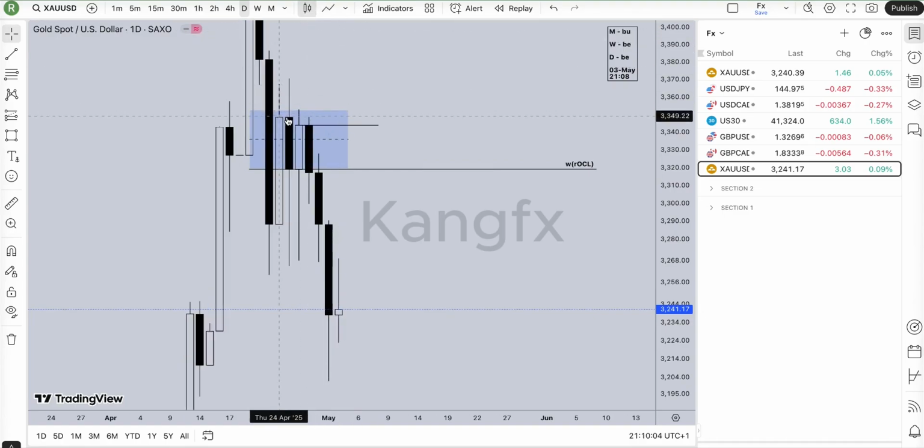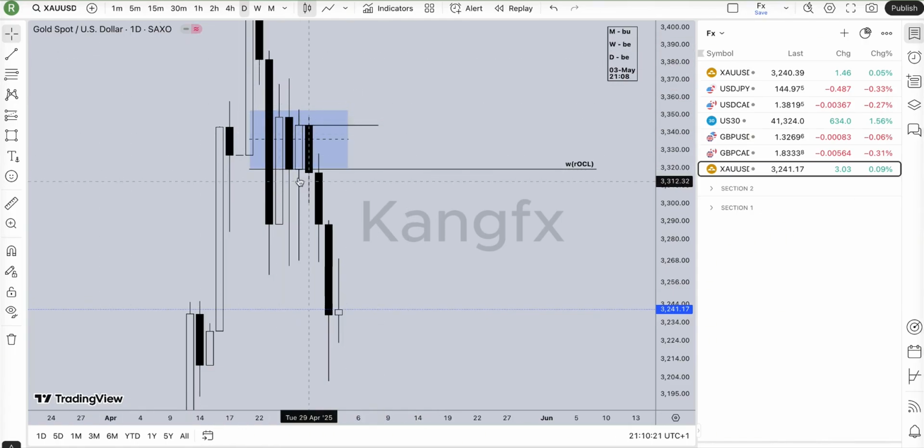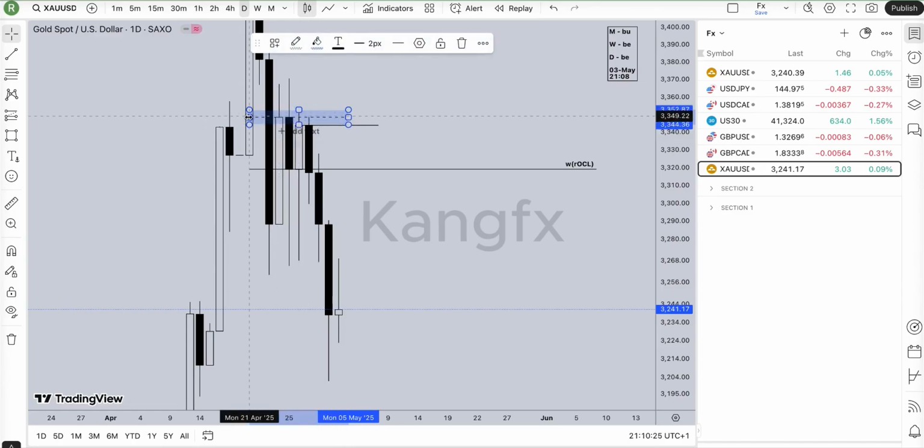Now normally I would have used this one, but this one is no more fresh. Remember what I said: STFL must be fresh. That's how you get a perfect zone to use on STFL. STFL must be fresh, so I'll mark this one because this is the one that is fresh. Then I can still mark the STFL as a weekly,